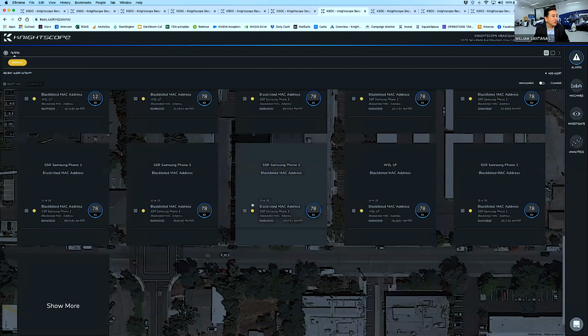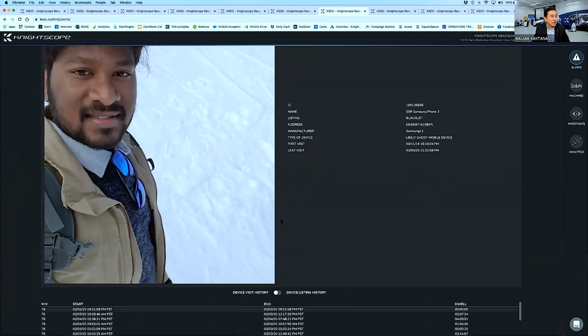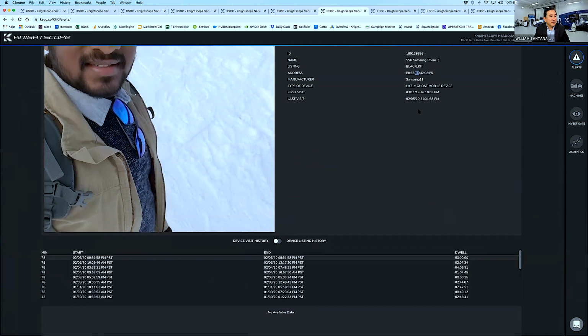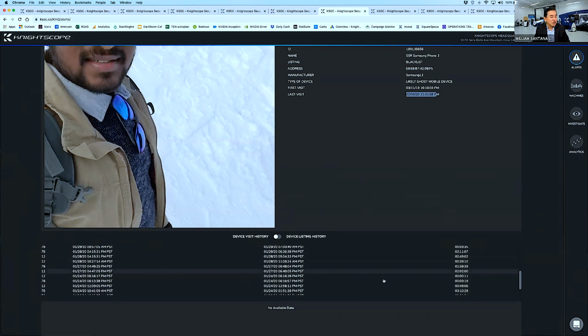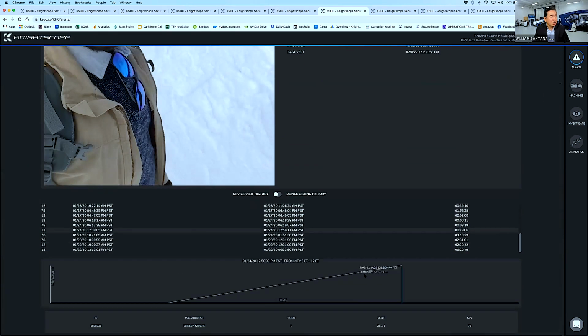Another thing we can do here is treat this device, your mobile device, as if it's a license plate. So if I go here, this is a former employee of ours who spent a lot of time helping us build all this stuff. We blacklisted his device. We think it was made by Samsung. Here is the timestamp of the first time that was on premise and the last time that was on premise. And here's all the history of that device coming in and out of the facility. And we can tell you what distance on a timestamp that device occurred. So if I stop there for a moment,